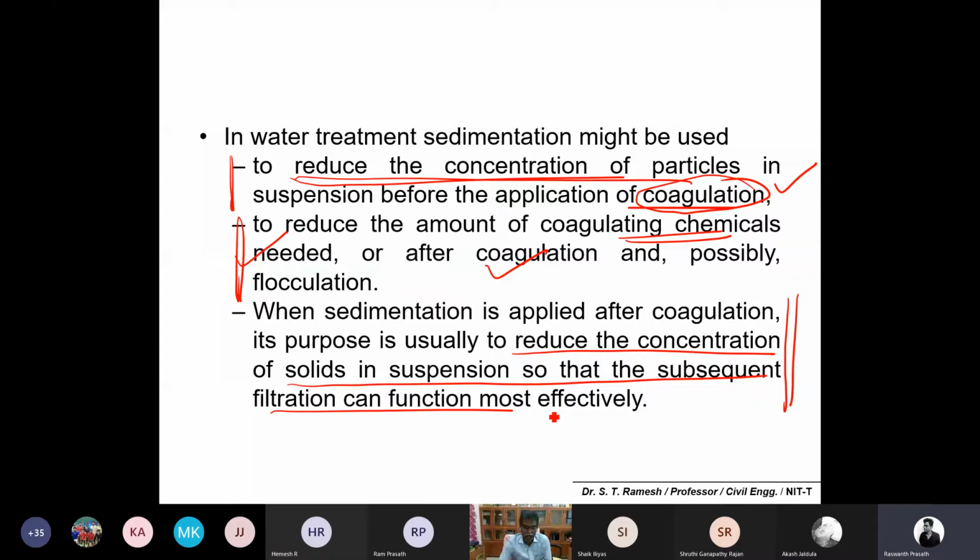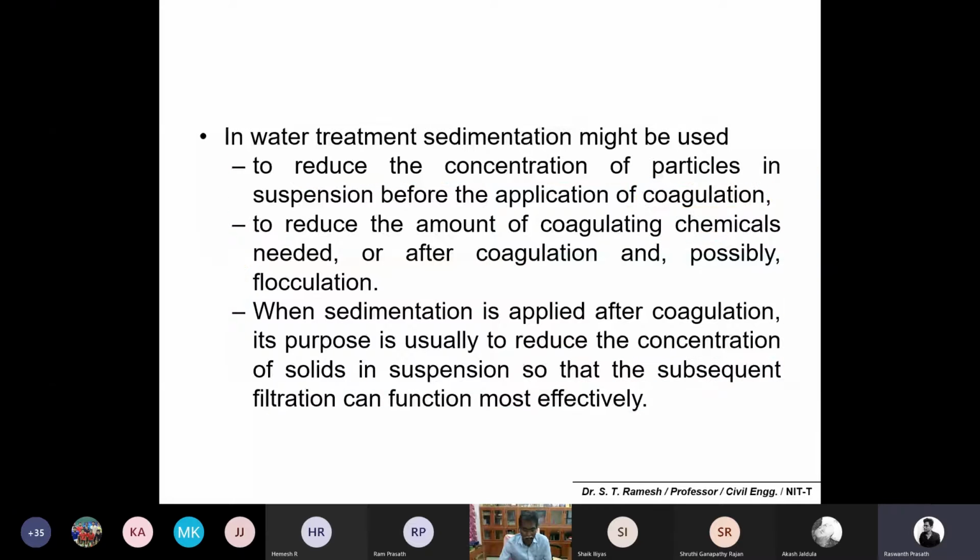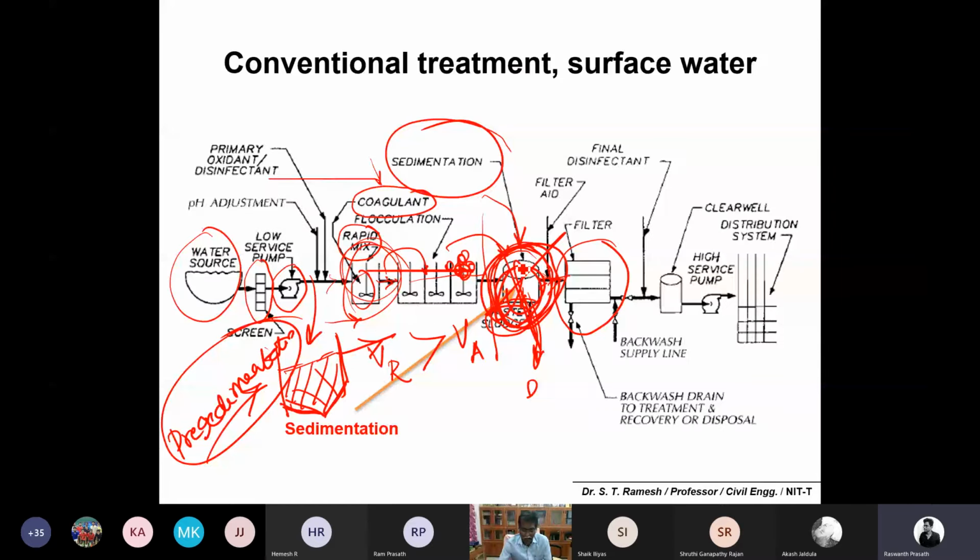Imagine our situation if there is no sedimentation tank after flocculation. What will happen? What is the main problem? Load onto the filter. It is also possible to retain the solids in the filter, but the problem is it chokes the filter very frequently. You have to go for operation as well as cleaning subsequently, or it may create a lot of problems in the filter operation. So to reduce the load on the filter, you should have sedimentation prior to your filtration process. Is it okay?